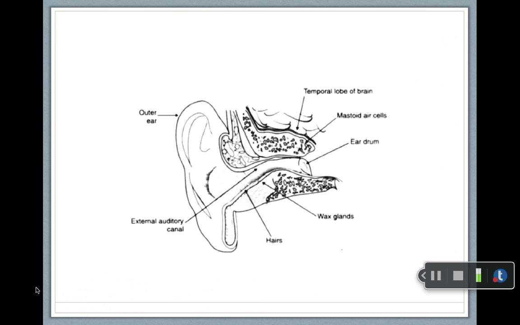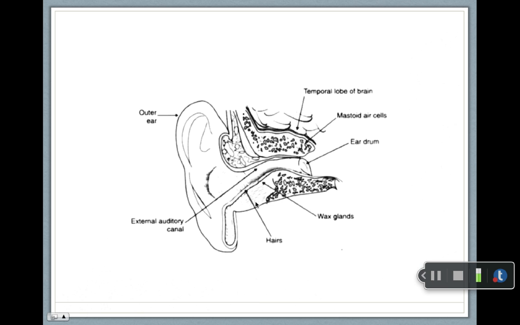Okay, so can everybody see this picture? So we've got our auricle here, and then here's our external auditory meatus, or our ear canal. And if you notice, it's shaped on an angle. It's like an S-shaped curve. And why do you think it's shaped like this? For the same reason that the pinna is shaped like this, to better transfer high frequency sounds than low frequency